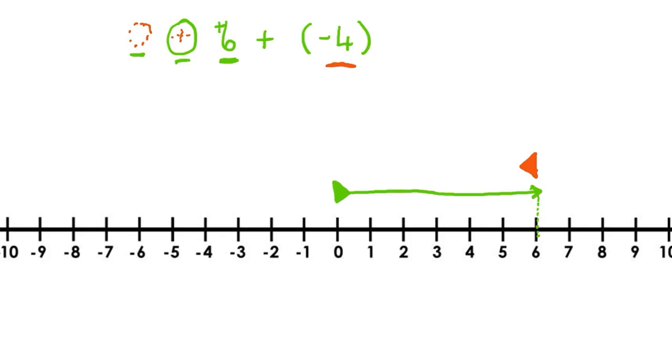I know that I'm going to move 4 steps because the number is 4. So I know I need to walk 4 steps, but I don't know if I'm going forwards or backwards. And that is my operation's job to tell me how I am moving. Because it is plus, I walk forwards. 1, 2, 3, 4. And I land at 2. And the point where I landed, the final end point, becomes my answer.